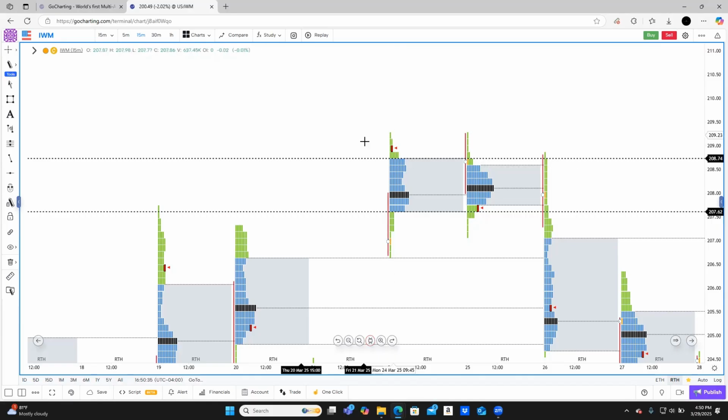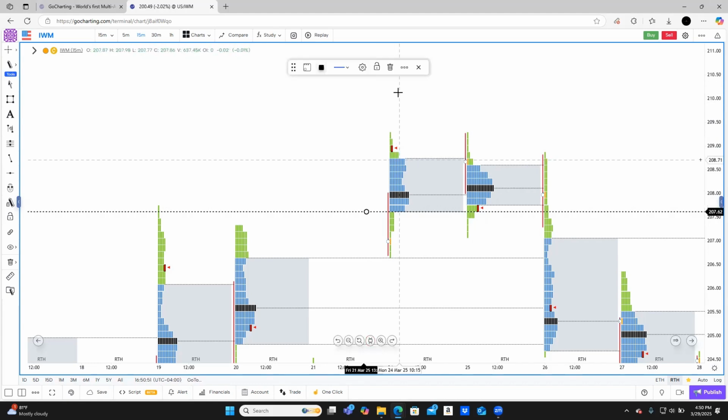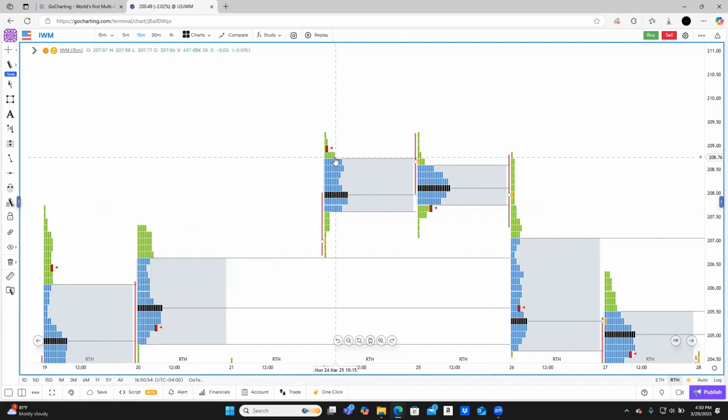How can you do that? Well, we're still focusing on this profile here, the Monday, March the 24th profile. And again, that's the 70% between 208.74 and 207.62. But if you pay a little closer attention, look a little deeper, you can see it flatten out from the 208.15 roughly area, then there's a curve, and then it flattens out here, and then it curves, and then it eventually flattens out for the rest of the ride down. Hopefully you've seen that. If not, let me point it out here.